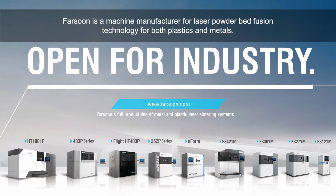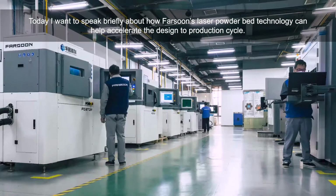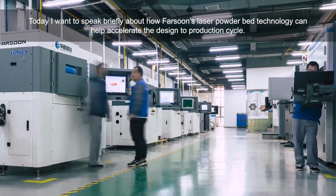Farsoon is a machine maker for laser powder bed fusion technology for both plastics and metals. With over 400 machines installed all over the world, we are an established player in the additive manufacturing market. Today, I want to speak briefly about how Farsoon's laser powder bed technology can help accelerate the design to production